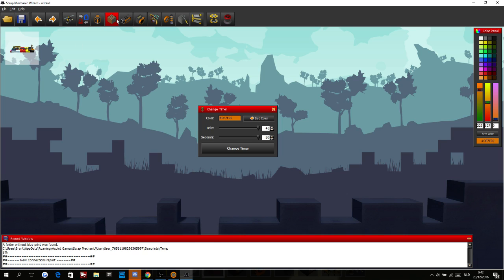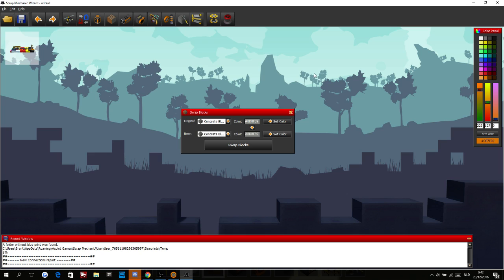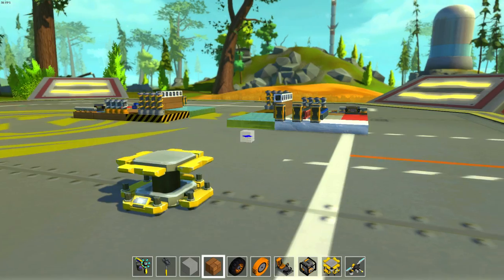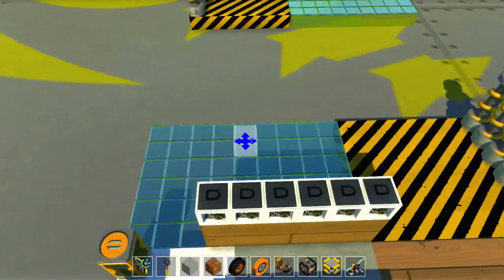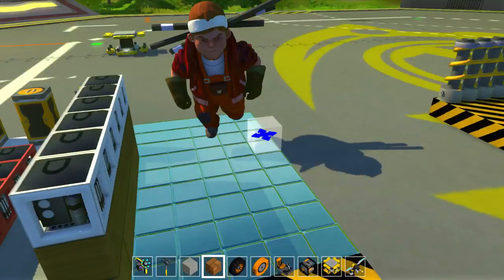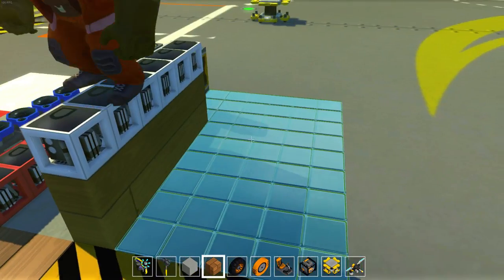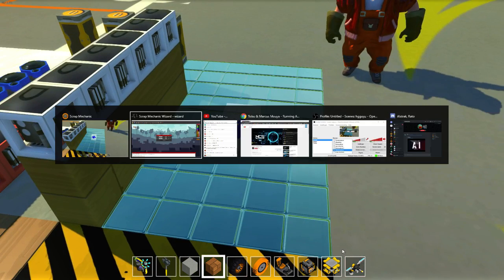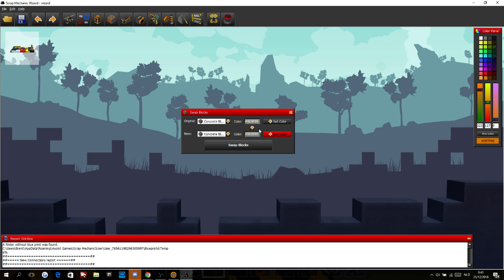So, the tool. What can we do as well? We can not only wire, switch the gates, and change timers, but we can also swap blocks. So, let's go over here and get in the game. What do we want to swap? For example, the annoying glass. Everyone wants to get rid of it on their creations. We go to the wizard tool,